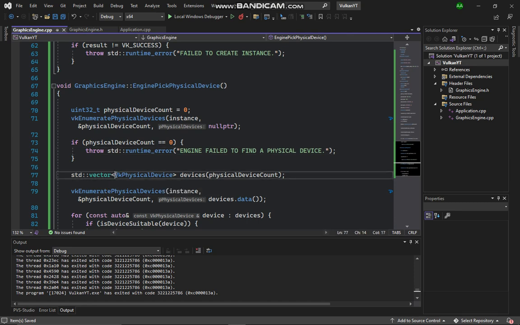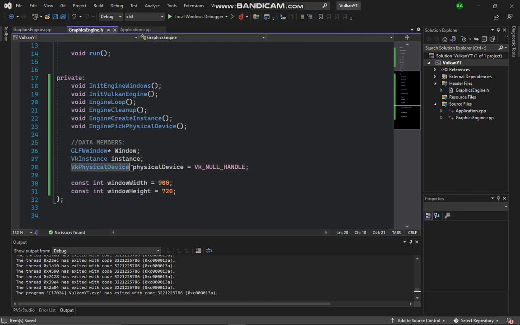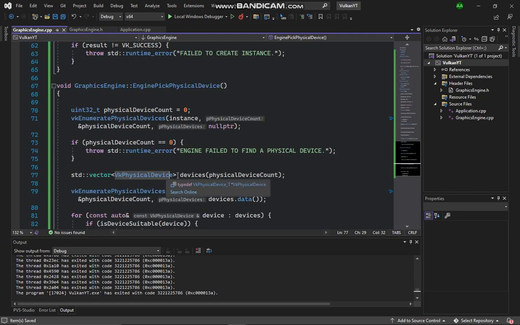Otherwise, if GPUs are found, it will create a vector of which type? It will be a VkPhysicalDevice type, exactly the type of the handle. And then it will store all the devices that are found, and the